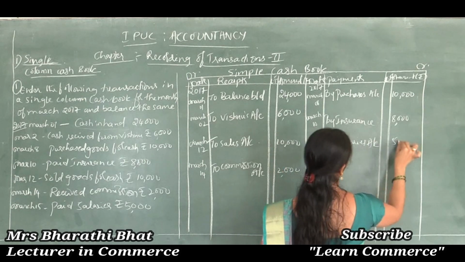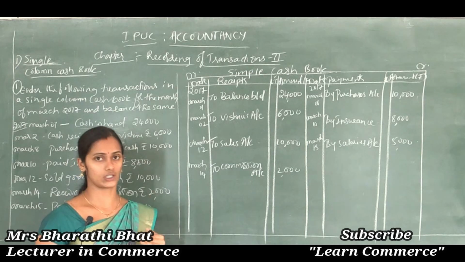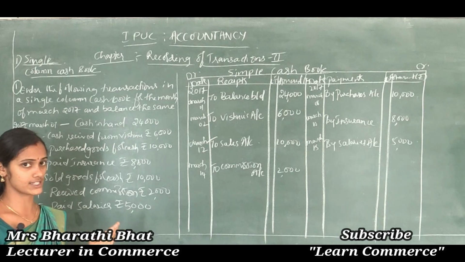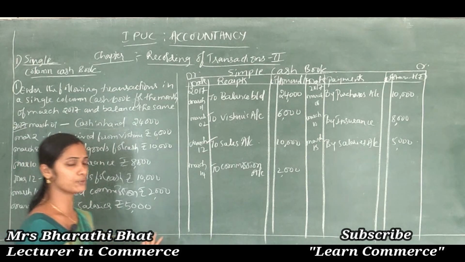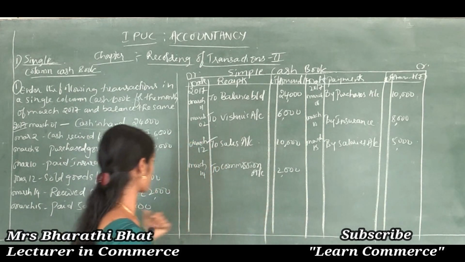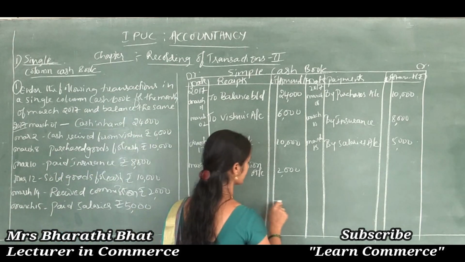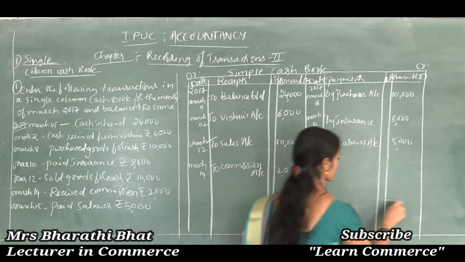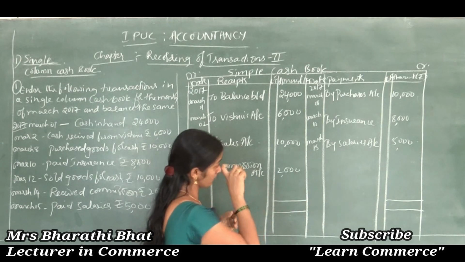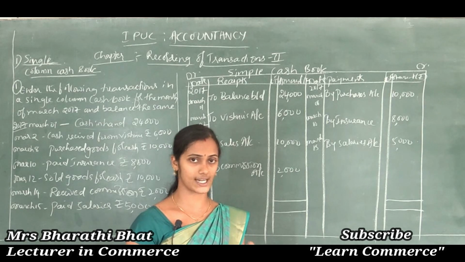account, how much? 5,000. Okay, and the next important step is totaling. We covered all the transactions. Here we need not give any notes because only cash transactions are given. Suppose any credit transaction is given in this, then we need to give a note, but in this case no such work. So the next step is totaling. See the process. We need to total in a straight line, and we need to total it. The thing is, the greater amount should be written under both sides, debit side and credit side.